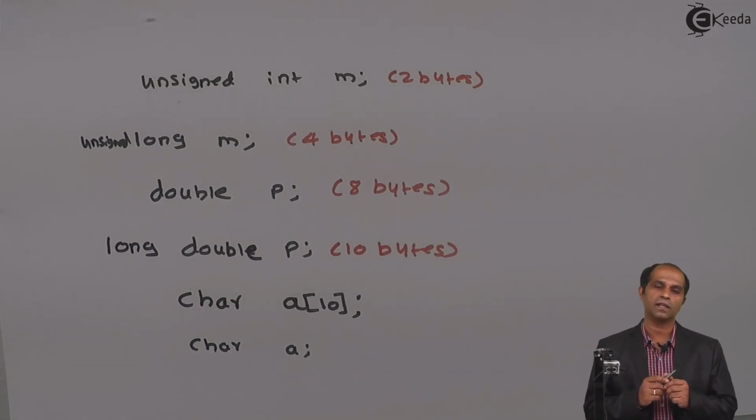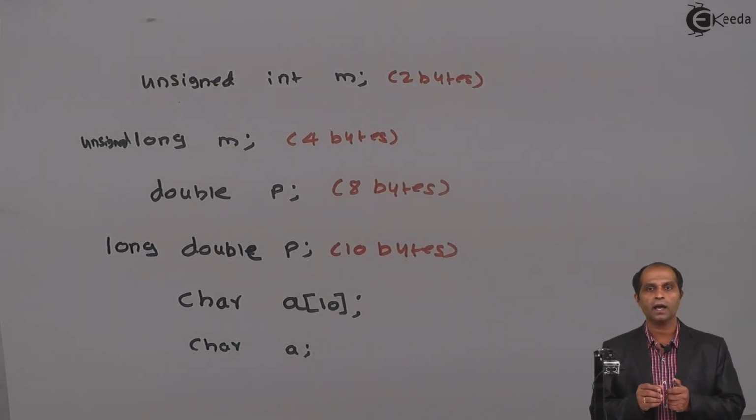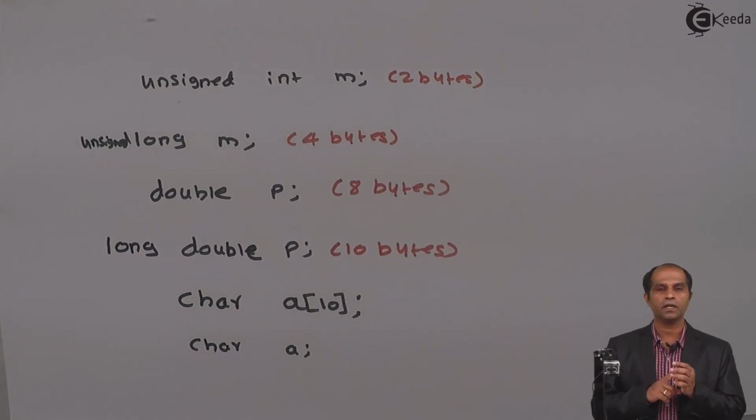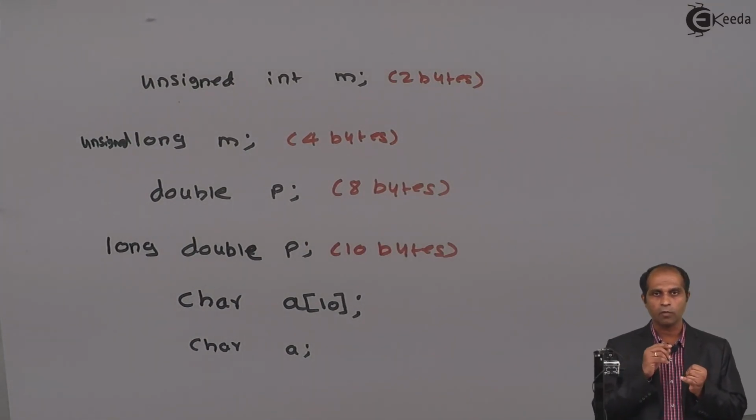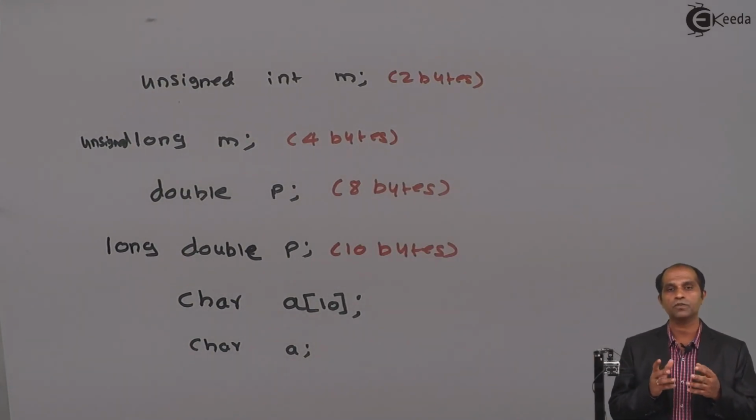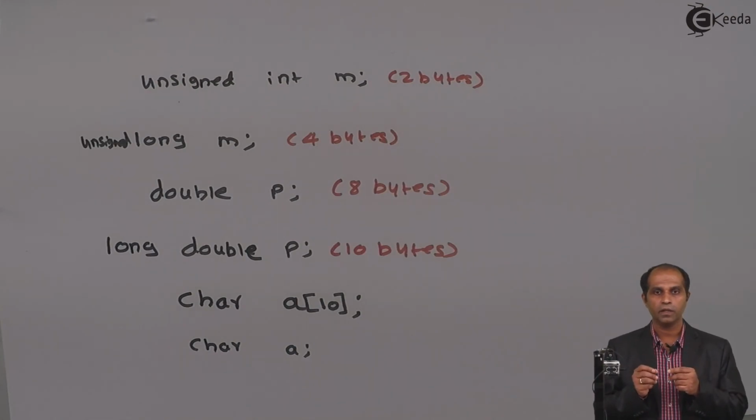You can store a string as large as 10. If you feel that your string is beyond 10 characters, you can go for char a of 20, char a of 50, char a of 30 or any size of your choice. So do remember that the basic data types are int, float, char and double. Your data modifiers are unsigned, long, short, which we never use, but by default everywhere it will be short itself. And if I'm supposed to associate the data type int, then it is the only default data type with long. By default, long is associated with int. Never associate the keyword long with either float or char.